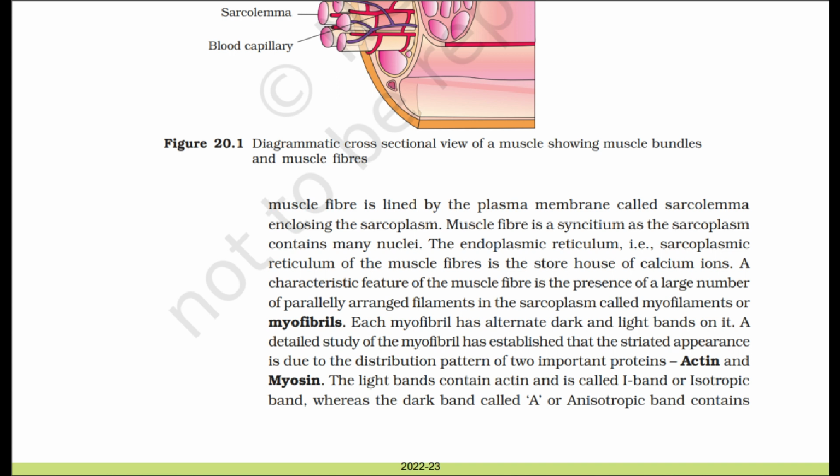A characteristic feature of the muscle fiber is the presence of a large number of parallelly arranged filaments in the sarcoplasm called myofilaments or myofibrils. Each myofibril has alternate dark and light bands on it. A detailed study of the myofibril has established that the striated appearance is due to the distribution pattern of two important proteins, actin and myosin. The light bands contain actin and is called I-band or isotropic band, whereas the dark band called A or anisotropic